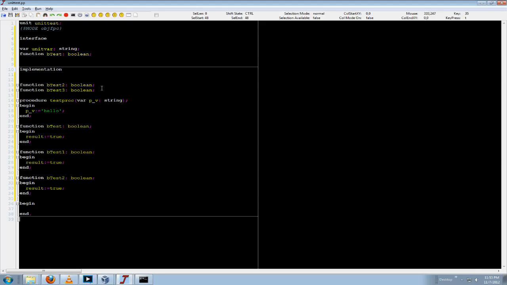And last, at the very end of the unit, if you wanted to have initialization code or call some functions and stuff, you can do that down here. That will get fired up when the program starts. Every unit's